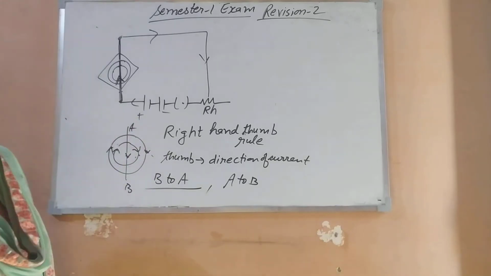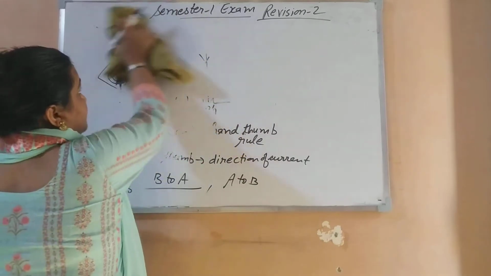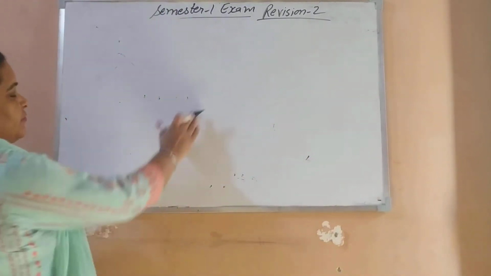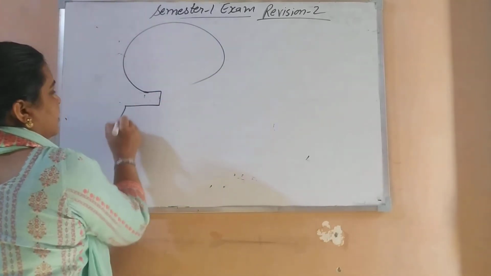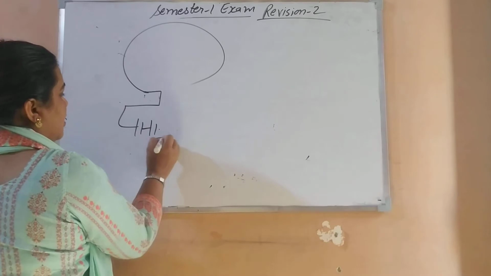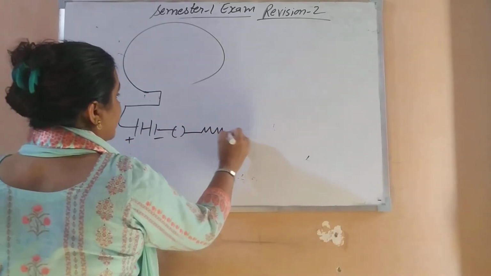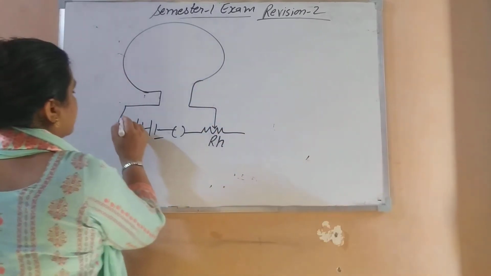straight current carrying conductor. Now we can convert this straight wire into a loop also, which you have done already. When we convert it into a loop, we connect one end to positive, one end to negative, same as before, and a key is there. The rheostat is used to change the magnitude of the current. Clear? So current starts flowing.